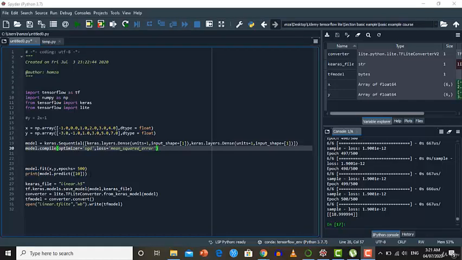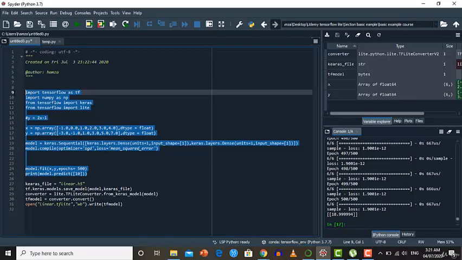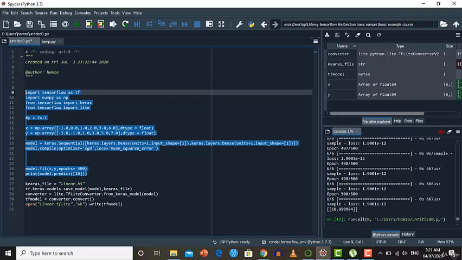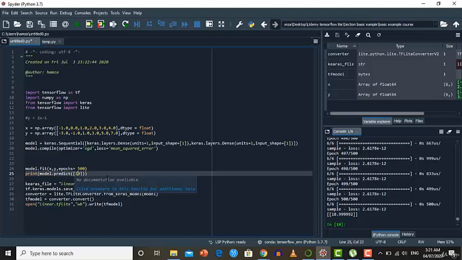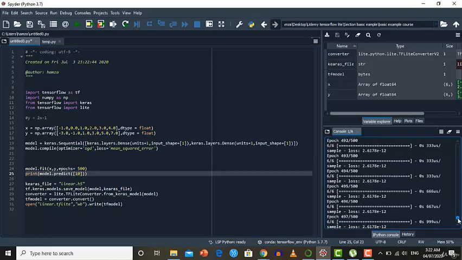Now let's run all the code here and check whether our model is accurate after training. I'm going to select all of them and press Ctrl plus Enter, and you will see that our model will be trained and we will get the result for this value 10. The last print is the result for this value 10. The result is 18.99, which is almost 19, and the actual result for 10 will be 2x minus 1, which is 19. So our model is quite accurate, as the difference between actual and predicted value is quite minimal.